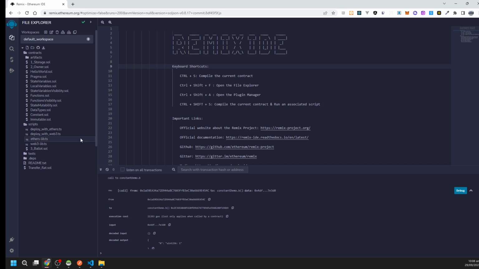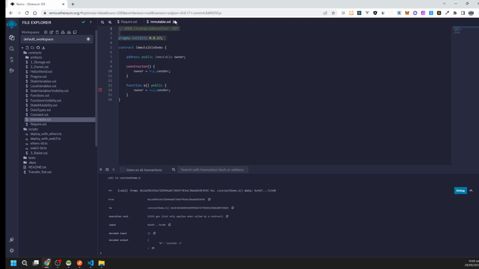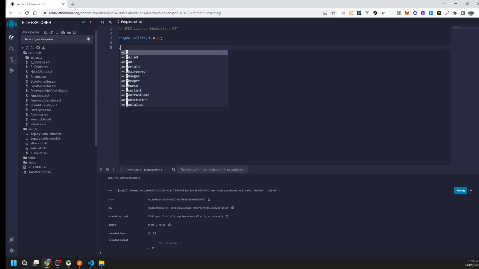Let's demonstrate how we can use require conditions in a smart contract. Let's create a file, require.sol. Let's copy these two lines, then create a contract, RequireDemo,